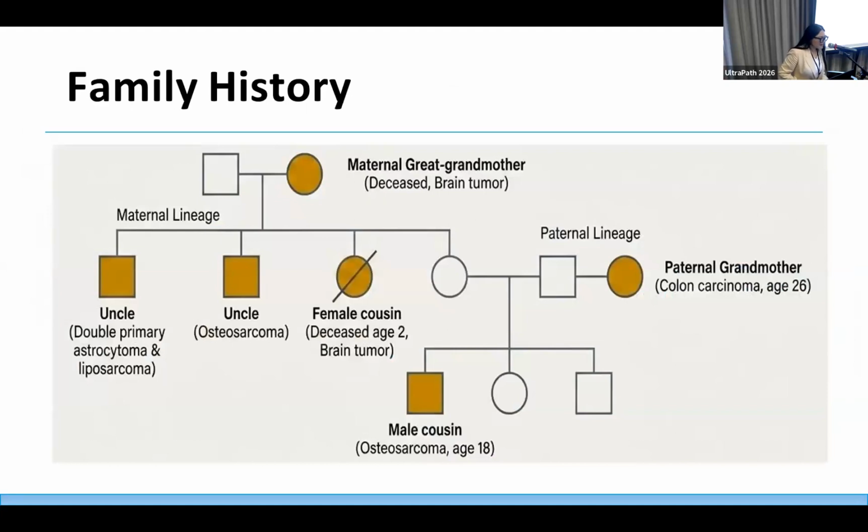And this patient has a very important family history. He has a great-grandmother and a female cousin, both deceased because of a brain tumor. He has one uncle and one cousin with osteosarcoma, and another uncle with a double primary, an astrocytoma and a liposarcoma. So while these findings are highly suggestive of a syndromic association,